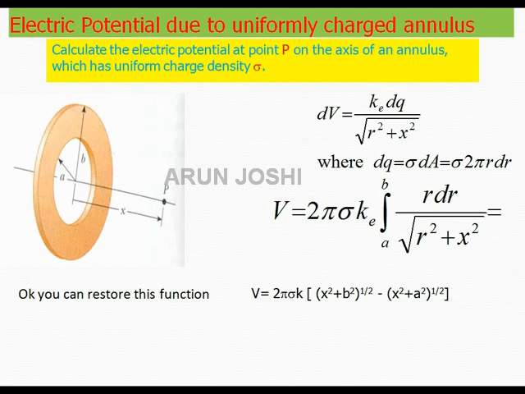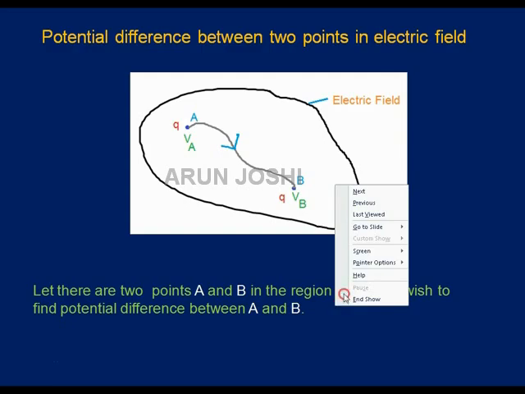Electric potential due to a uniformly charged annulus. Inner radius is small a, outer radius is small b. Again, you will calculate the potential on the axis due to the elemental charge k dq by root r square plus x square. Then this sigma, surface charge density, and I think you will say elemental ring of radius r, thickness dr. You will put the limit, r varying from a to b, and you get this result. So you can solve it yourself just as an exercise. Okay, now I will discuss